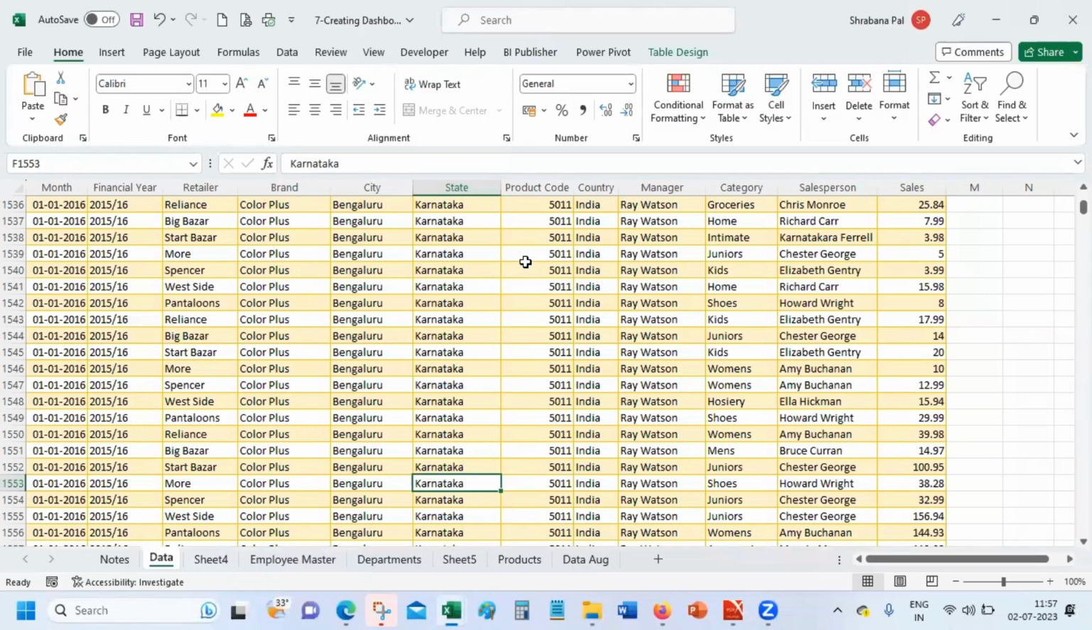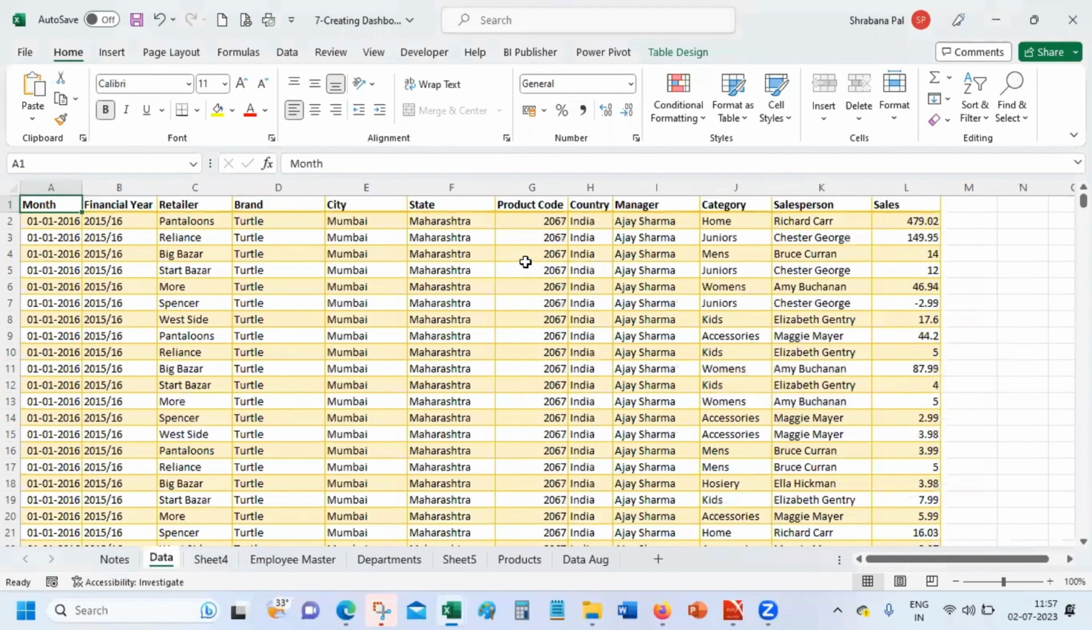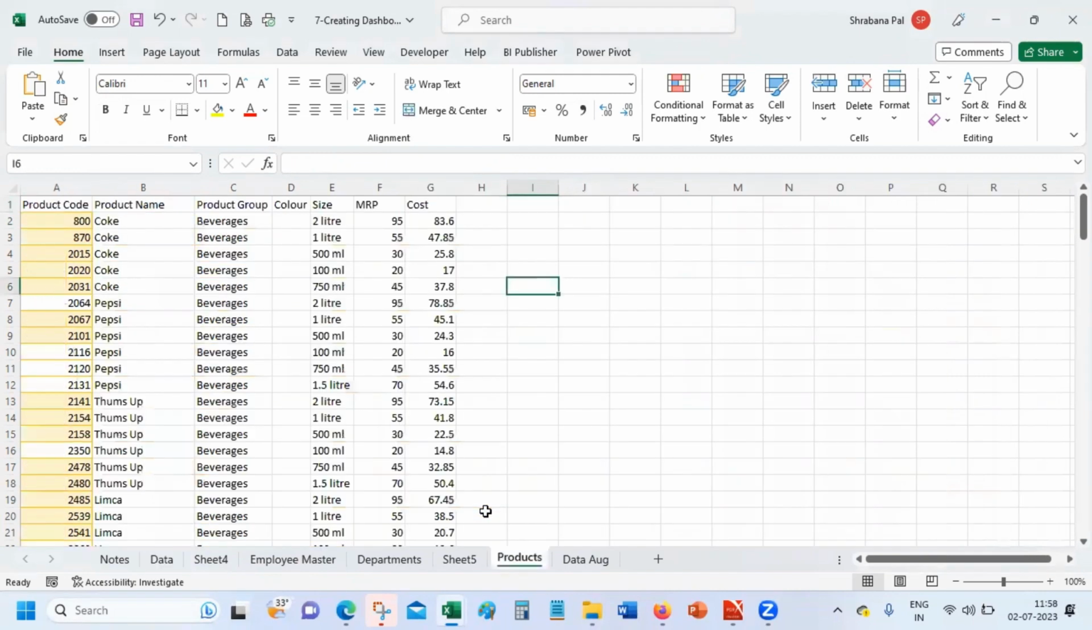এরকম একটা আমার কাছে ডেটা আছে। ডেটাটায় a month, financial year, retailer, brand, city, state, product code। এই যে প্রোডাক্ট কোডের এখানে কিন্তু প্রোডাক্টের কোনো রেফারেন্স নেই, এটা কি প্রোডাক্ট বা কি টাইপ অফ প্রোডাক্ট। এই প্রোডাক্ট কোডটা আবার আমি যদি এইখানে প্রোডাক্টস ডেটাবেসে যাই, সেখানে আমার প্রোডাক্ট কোড, প্রোডাক্ট নেম, প্রোডাক্ট গ্রুপ, কালার, সাইজ, এমআরপি, কস্ট ইত্যাদি রয়েছে।